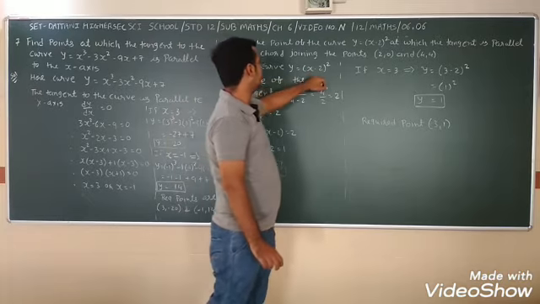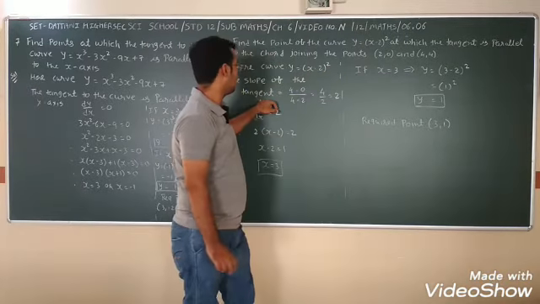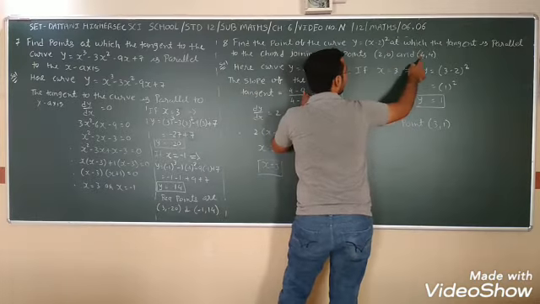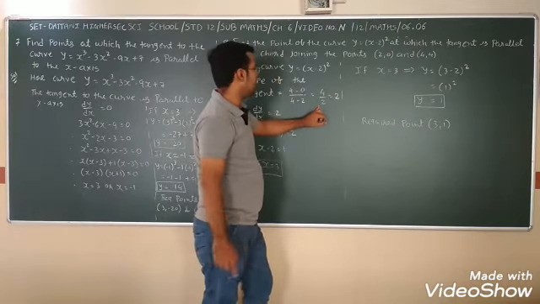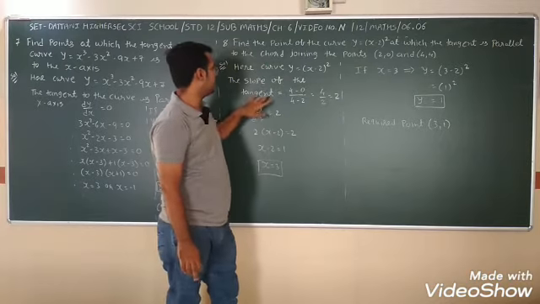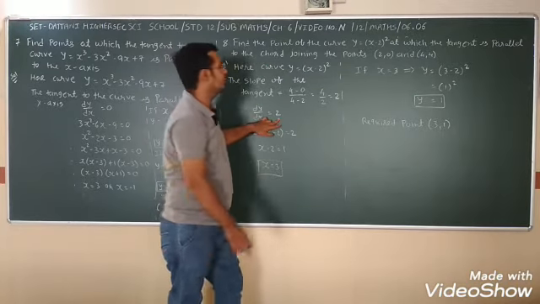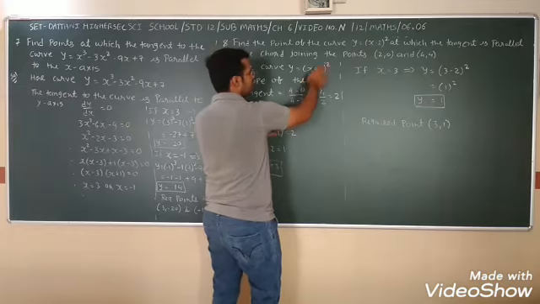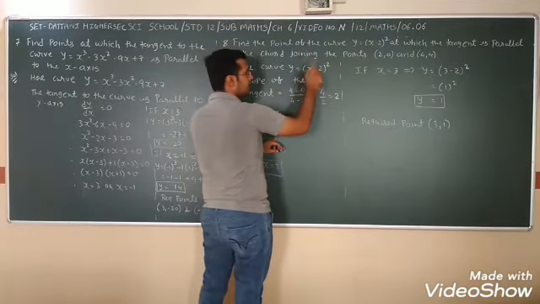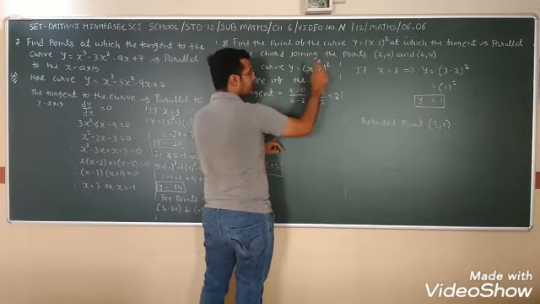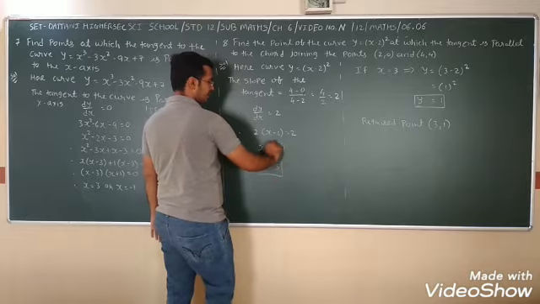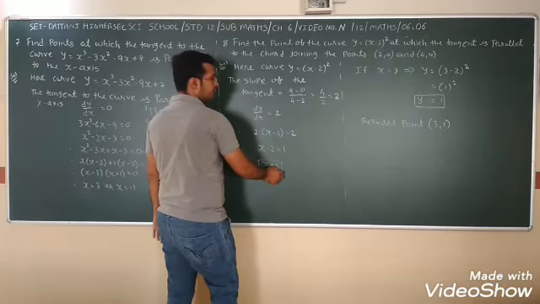Here the curve is y equals x minus 2 whole square. So the slope of the chord is 4 minus 0, that is y2 minus y1 upon x2 minus x1, which is 4 by 2. 2 cuts, so we get 2. So we get the slope of the tangent, dy by dx, equal to 2. Now the derivative of this: 2 comes down, x minus 2 as it is, derivative of the bracket, x is 1, 2 means 0, so 1 into 1. So you get 2 into x minus 2 is equal to 2, so x minus 2 is equal to 1, side change, 1 plus 2, x is equal to 3.